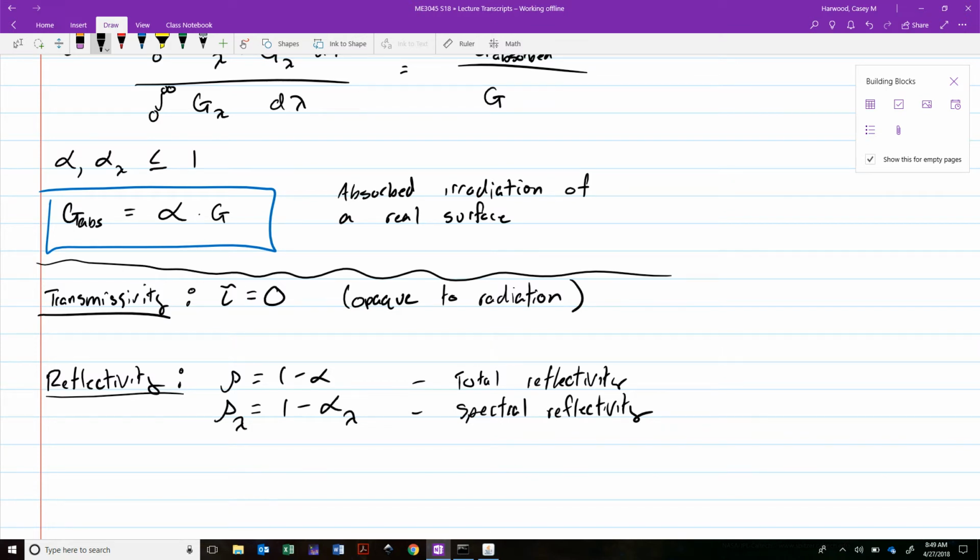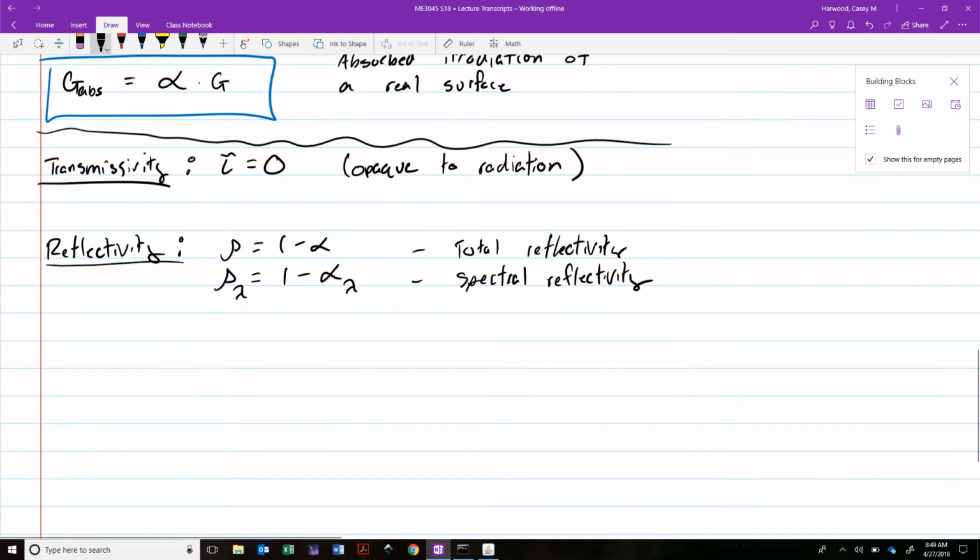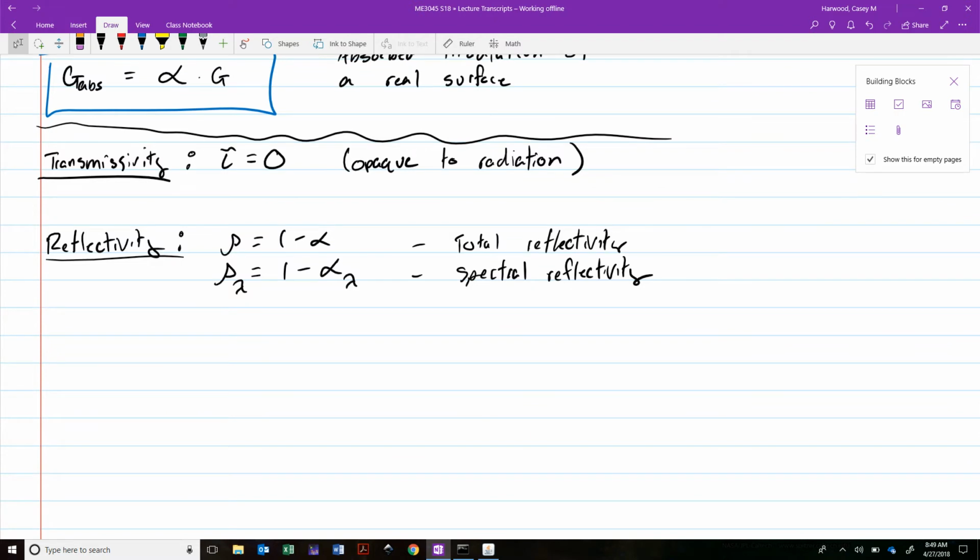Okay. One more note on real surfaces. We talked about what a diffuse emitter is, something that emits radiation uniformly in all directions. We talked about what diffuse irradiation is, incoming radiation that's coming in uniformly from all directions. So that takes care of G. We know that G is uniform in all directions. We know that E is uniform in all directions. But the other